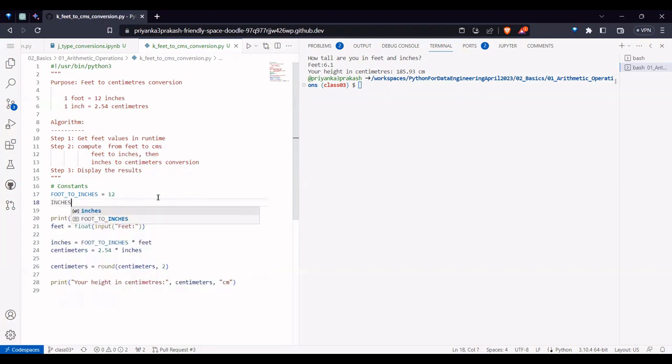So inches to centimeters is equal to 2.54. Now it's much more readable. At the same time, it's easy to understand also. You got it. So now you have a constant separately, your main inputs you are taking, and your conversions,